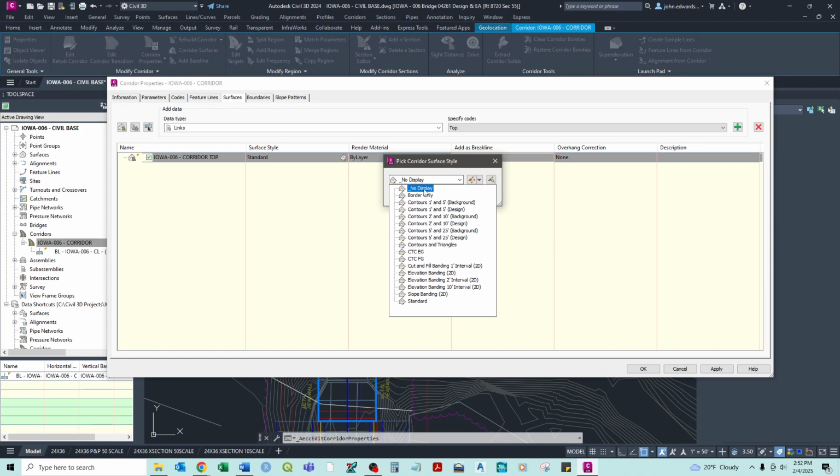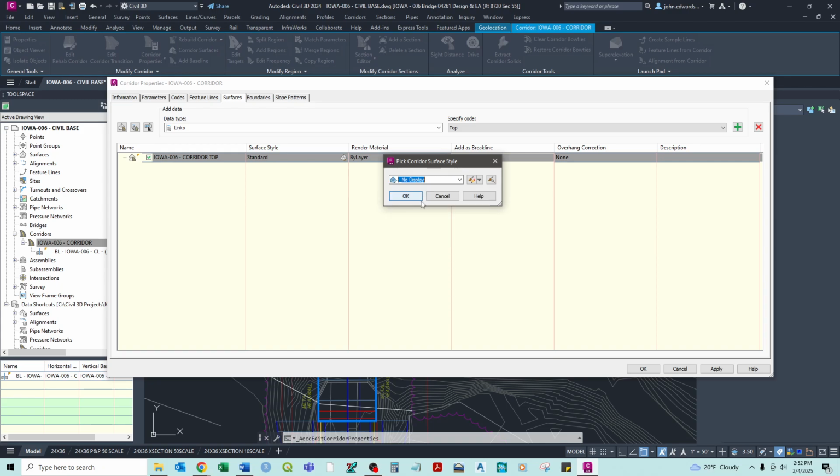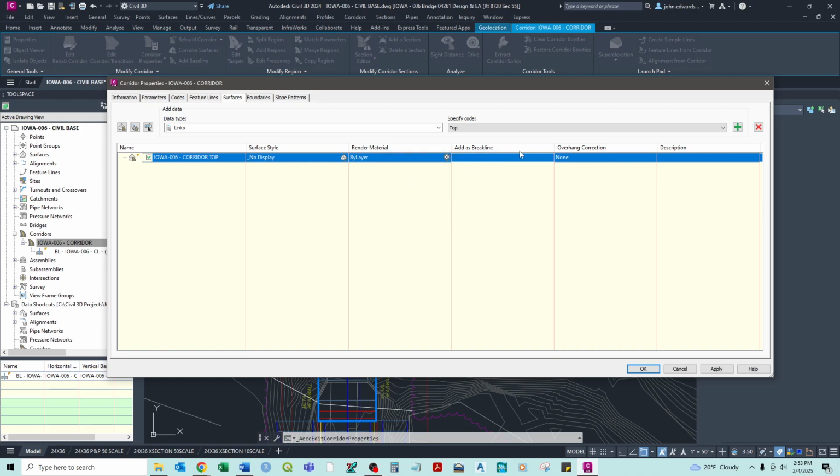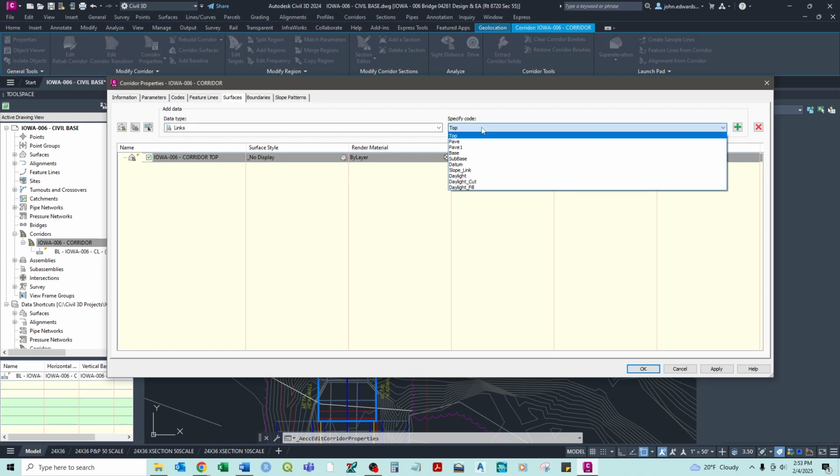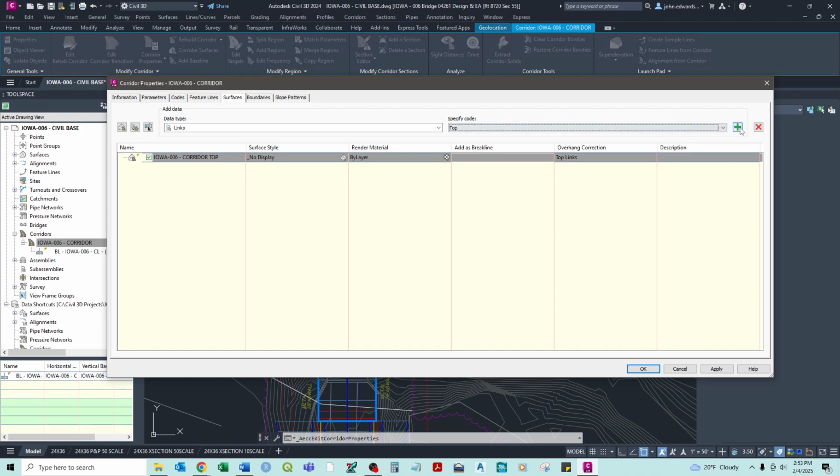So the surface style, this will be how it displays. I'm just going to turn it off for now. And so a couple other things. We want to have an overhang correction. This is going to be our top, so we set it to top links. But another thing we need to do is add the actual links. So the data type, we want it to be the links, and the code is top. Okay, and then we hit the plus button,